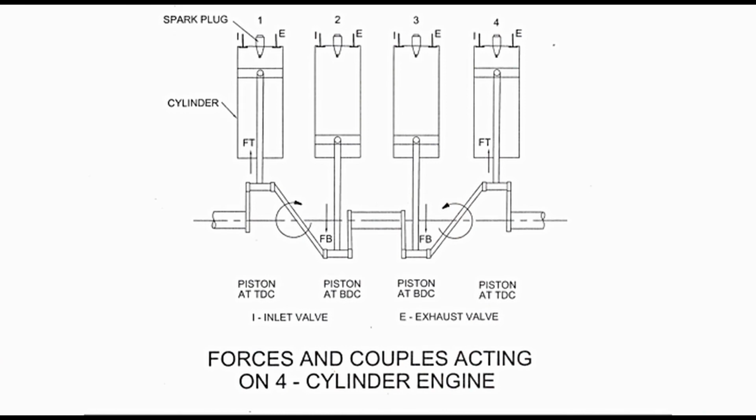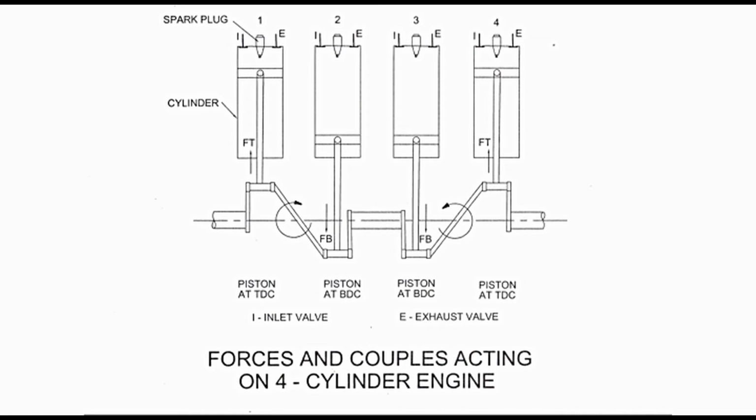The 4 cylinders that are used are placed side by side. This type of engine is quite common in automobiles. Referring to the diagram, the cylinders have been marked as 1, 2, 3 and 4. Pistons in cylinders number 1 and 4 are at TDC and pistons in cylinders number 2 and 3 are at BDC. This means they have reciprocating motion in opposite directions. This also helps in the balancing of the engine.